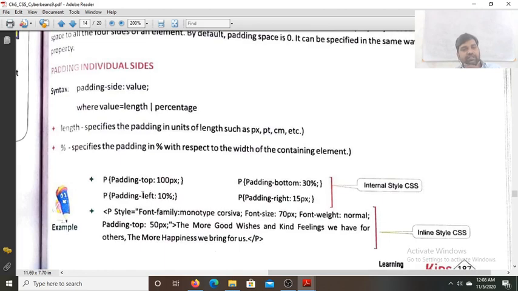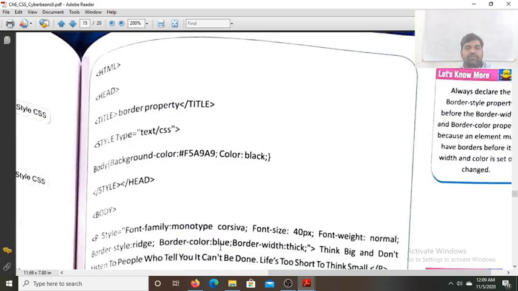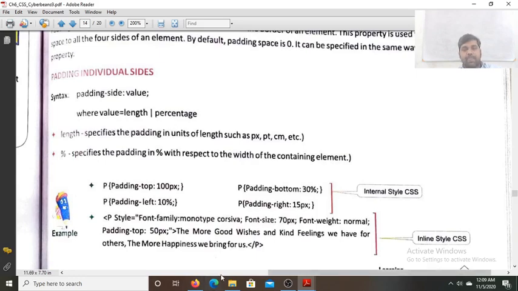Now here for the paragraph, we have written padding-top 100 pixel, padding-bottom 30 pixel, padding-right 15 pixel, padding-left 10 pixel. The paragraph font family cursive, font size 70 pixel, font weight normal. The more good wishes and kind feelings we have for others, the more happiness we bring for ourselves.